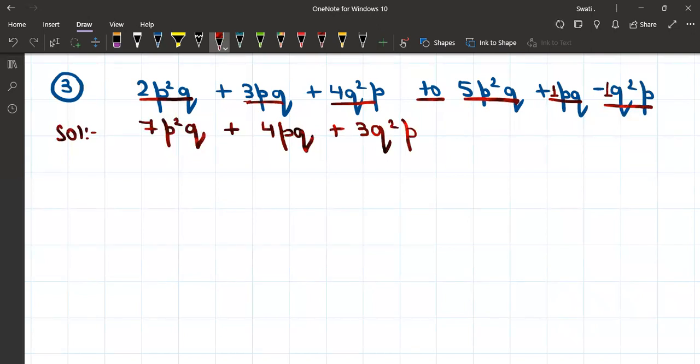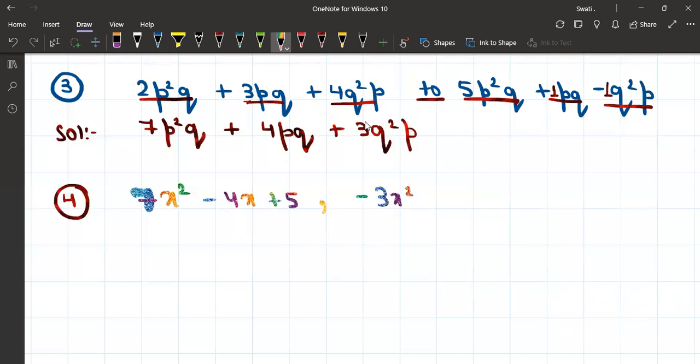It was very simple. All right, so we can go to the next question, and this one also we have to add only. So let's write down the next question, and that is we need to add. I think I'll make it a little thinner. So we have 7x squared minus 4x plus 5. We need to add with minus 3x squared plus 2x minus 1. Sometimes we get a question where we have to add two expressions, but sometimes we can get more than two expressions as well. So we need to add this, and one more term, and that is 5x squared minus